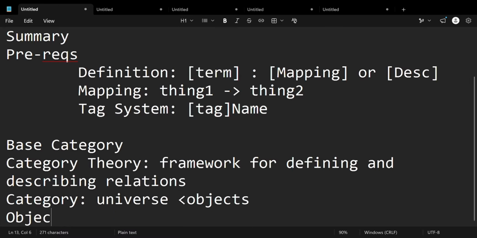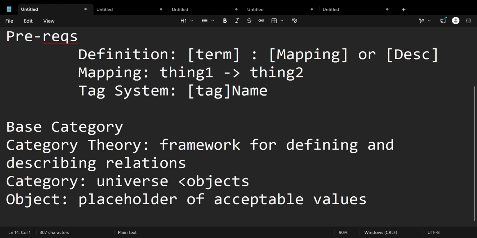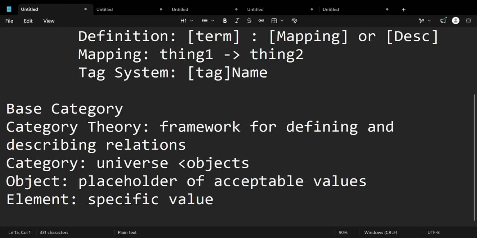An object is a placeholder of acceptable values, and an element is that specific value, and that categories house objects which house elements,